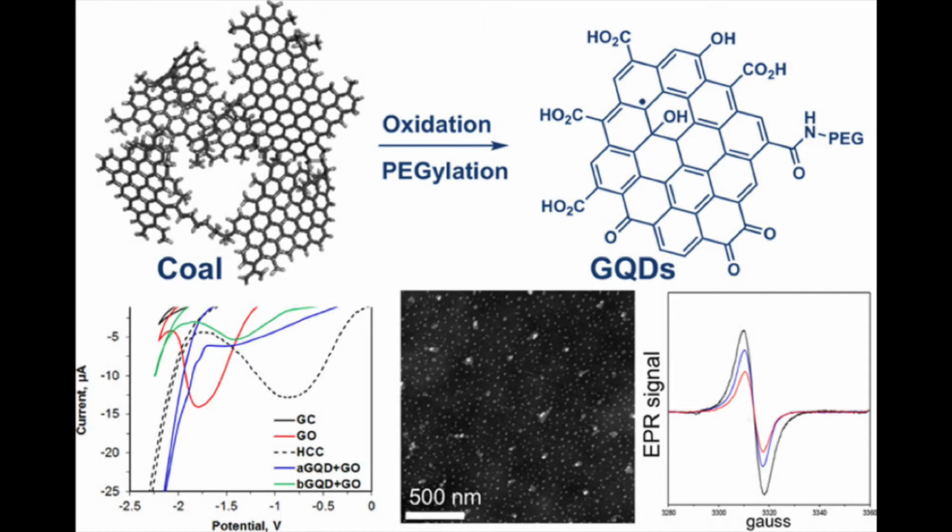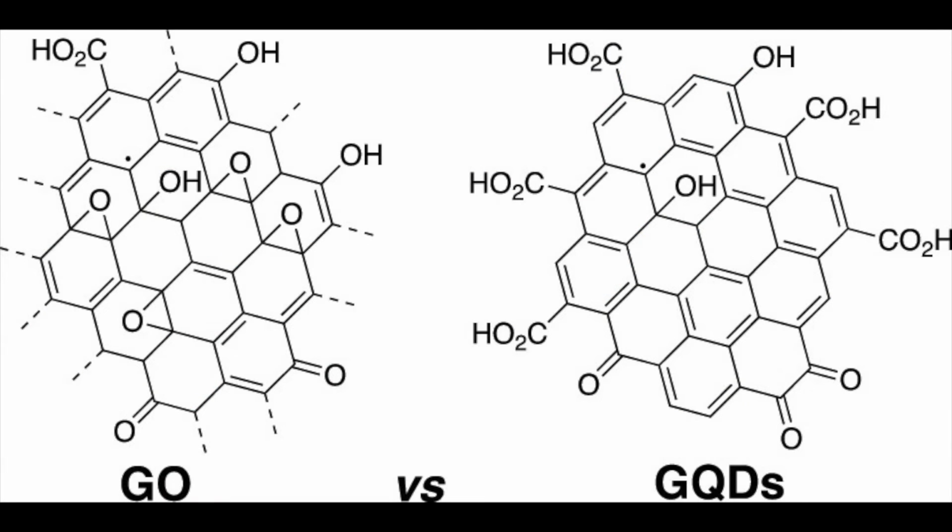Quantum dots are a relatively new discovery, and there are many potential applications. One particularly interesting application is in medical practices. A team of researchers found a way to extract graphene quantum dots that can be found through coal mining. These can be modified through a common polymer to mimic the body's superoxide dismutase, an enzyme that keeps oxidative stress